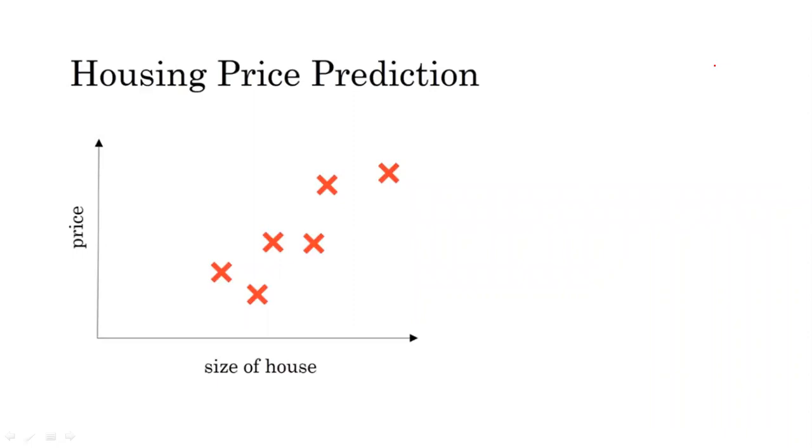So suppose let us take this example where we need to predict the price of the houses corresponding to the size of the houses, or we can say that this is a housing price prediction problem. You can see here that on the x-axis we have represented the size of the houses, and corresponding to the size of the houses we need to find the price of the houses. So firstly we need to make a function. This function will map the size of the houses, that is the input, towards the price of the houses, that would be our output.